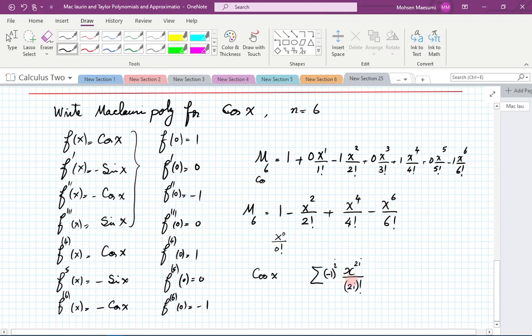So when i is, for example, 2, the exponent becomes 4, the coefficient becomes positive. When i is 3, the exponent is 6, the coefficient becomes negative. i ranges from 0 to infinity if you want to have a cosine,